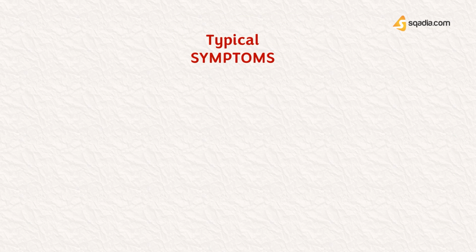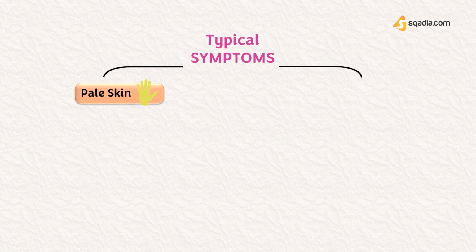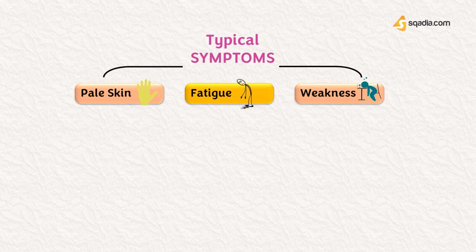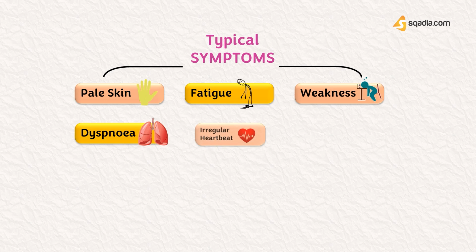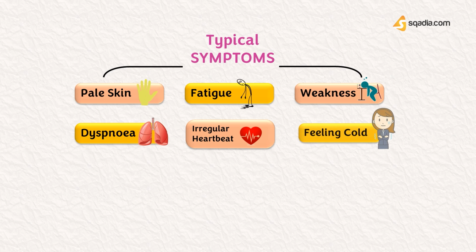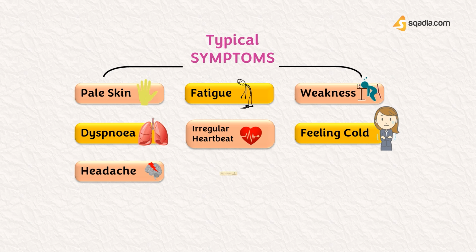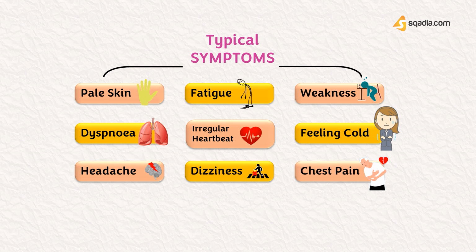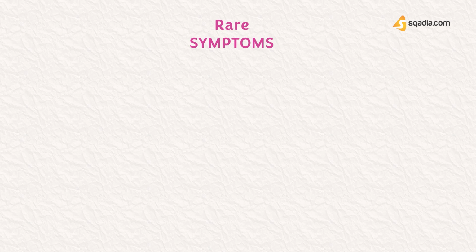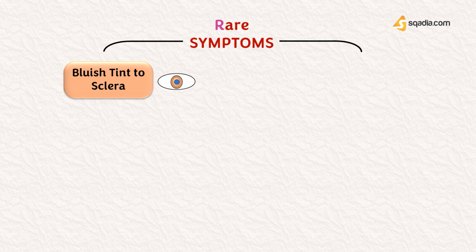Let's jump in to see what are the typical symptoms of this ailment. These include pale skin, fatigue, weakness, dyspnea, irregular heartbeat, feeling cold, headache, dizziness, and chest pain. Rare symptoms occur due to tissue iron deficiency, and these include bluish tint to the sclera of the eye, tongue atrophy,